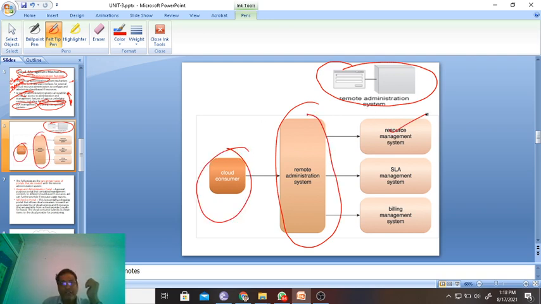What are the resource management system and SLA management, the service level? What services are they going to give? Billing management, resource management. What do you mean by resources? What is your CPU, and what is the configuration for it? What hard disk are you using? And all the other properties, TCP protocol and everything. What are the agreements, the SLA, that you made at the time of signing this contract?